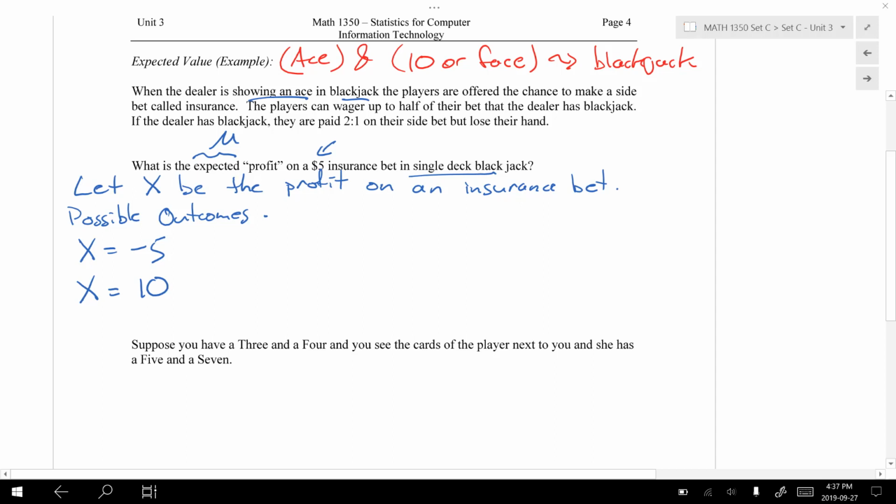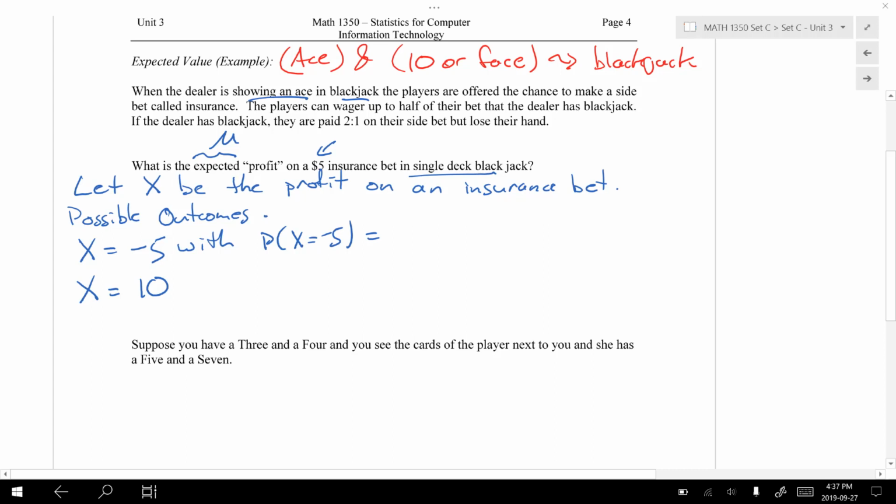So we'll get x equals -5 or 10, and they'll each have some corresponding probabilities. So if we lose, our probability that x will be -5 here,